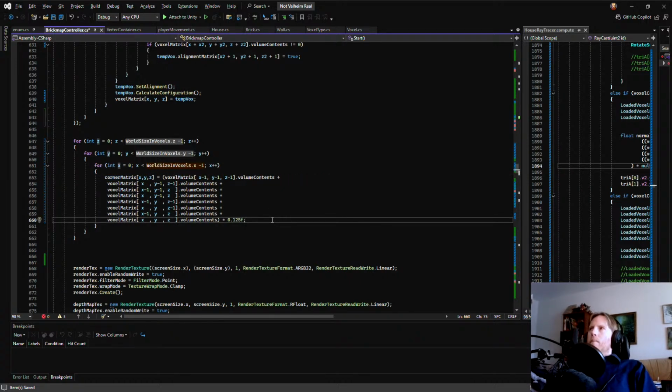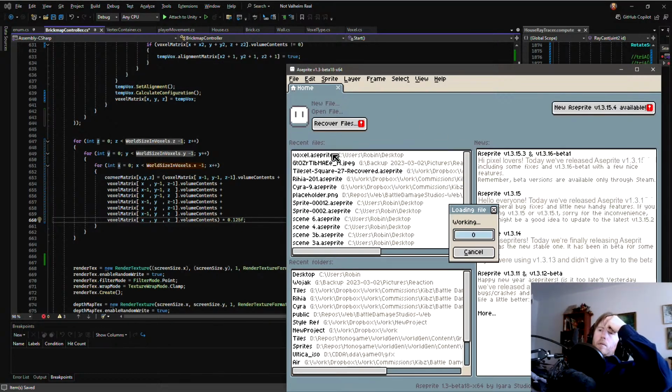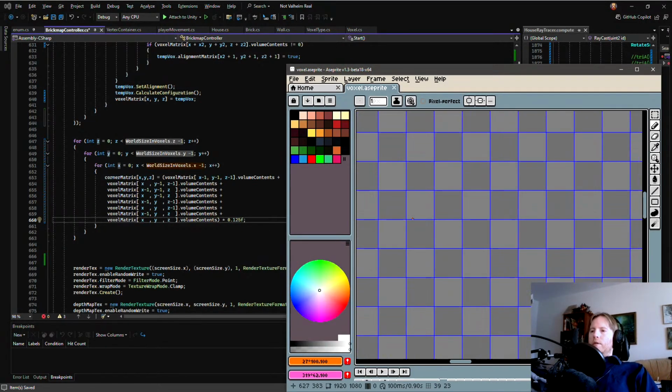So yeah, I think this should check up to the right. It should start in the bottom left and check up to the right. And it should basically be like